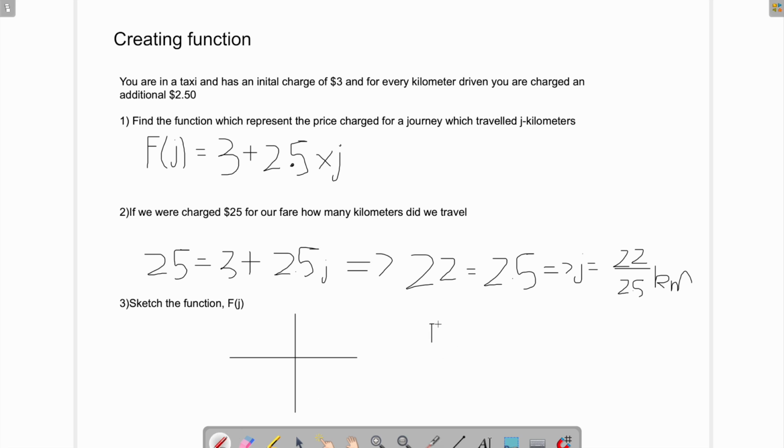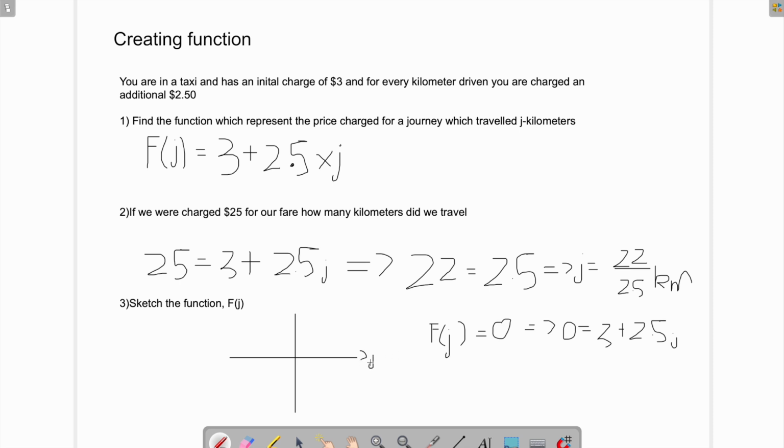When f of j is equal to 0, we have 0 equals 3 plus 2.5j. So j being our x-intercept,